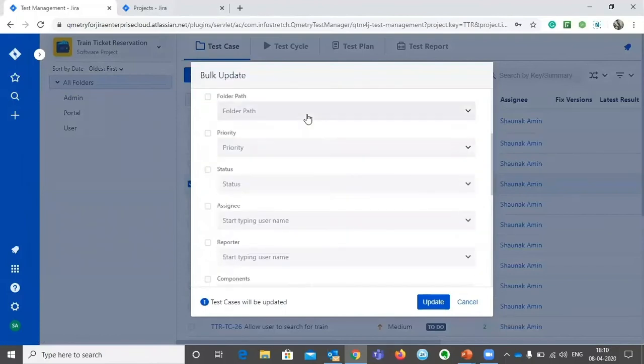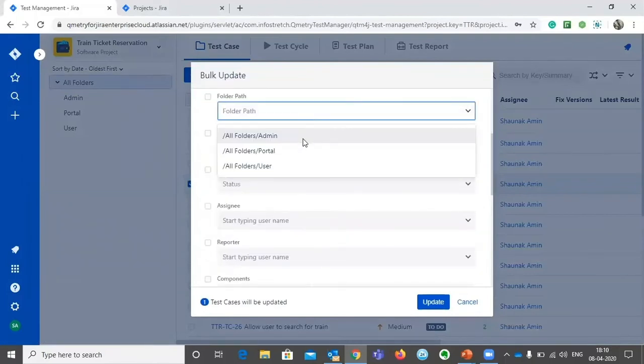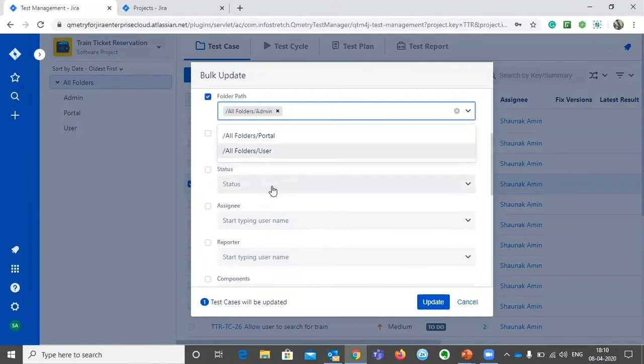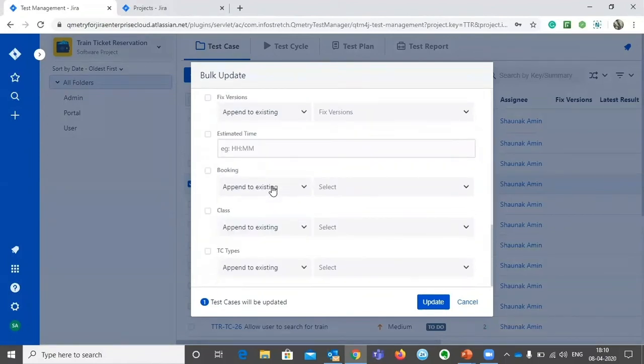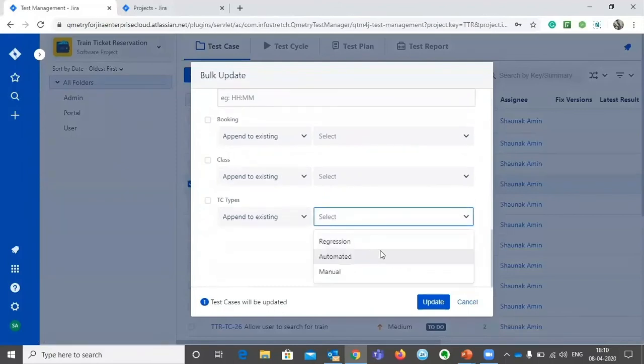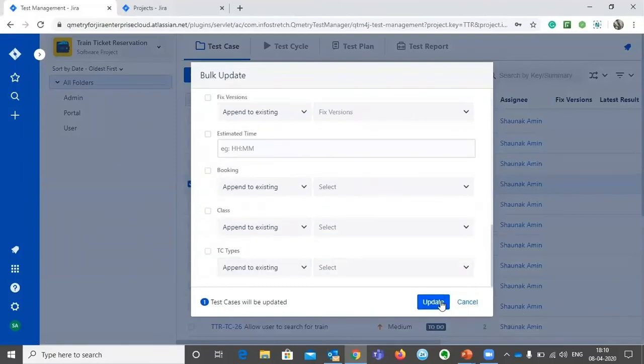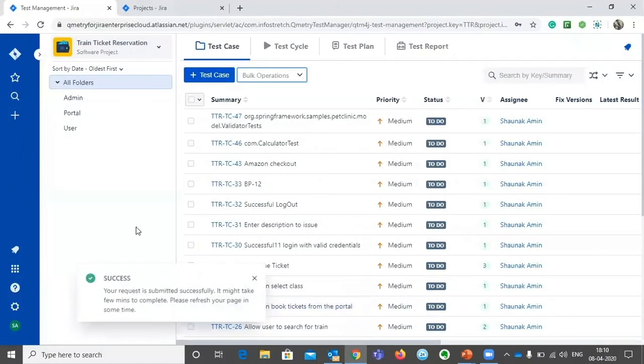You can even select the folder path wherein you want to update it or move it. You can change all the fields based upon your selection. Once I click on update, that test case will automatically get updated based upon the desired change which I have done.